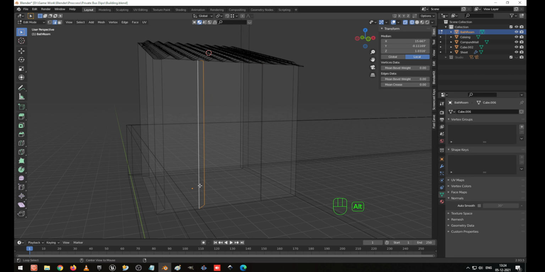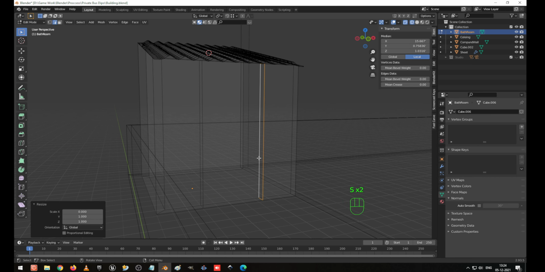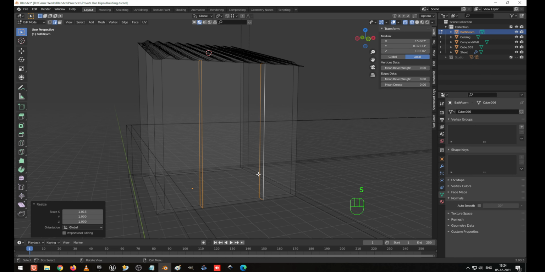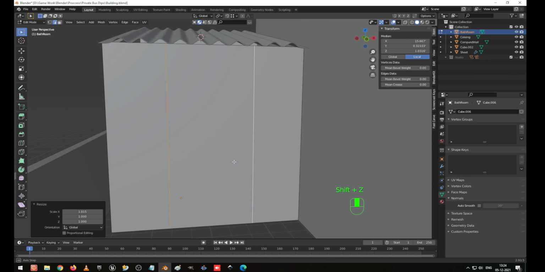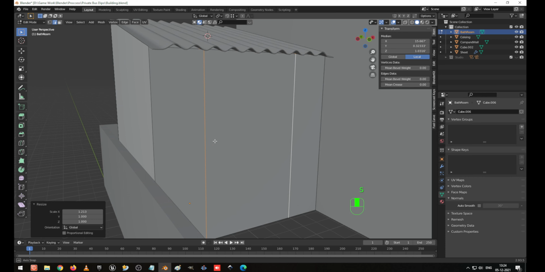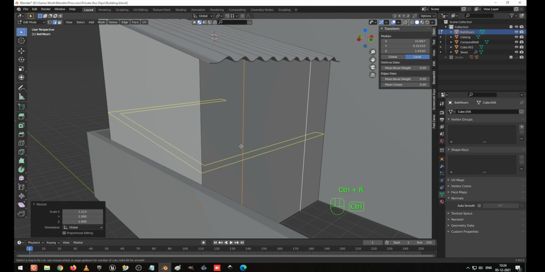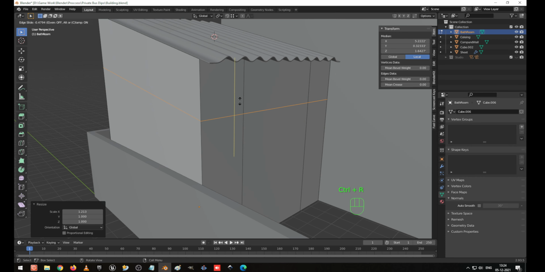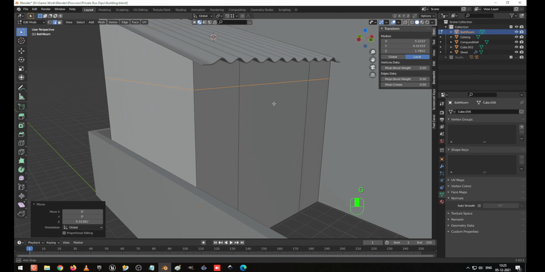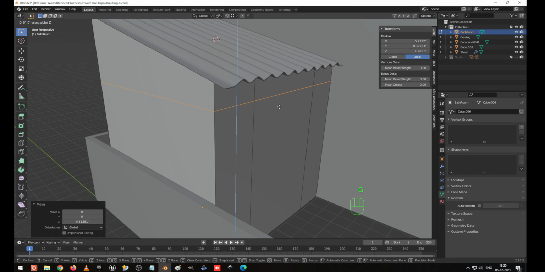I select these edges, scale x 0, select these edges, scale x 0, and now select both and scale it in x-axis. So see it in wireframe mode. Okay, scale it in x-axis. Okay, I make it a little bit of distance like this, and I create one edge loop here to make the skeleton, z axis, make it 0 to level it, and G Z. So this height will be fine, I hope, because this is the 10 feet wall. This height will be better.